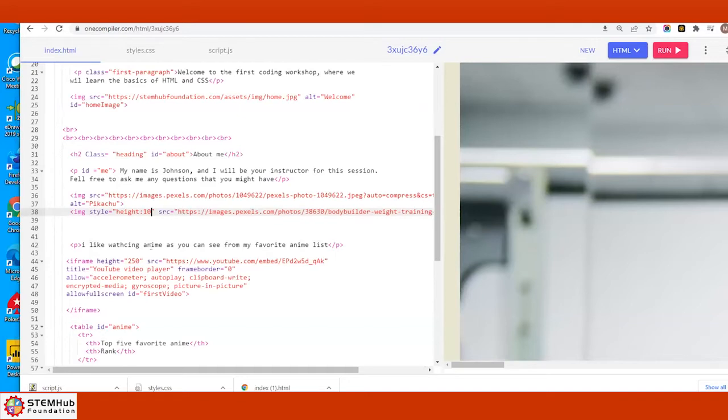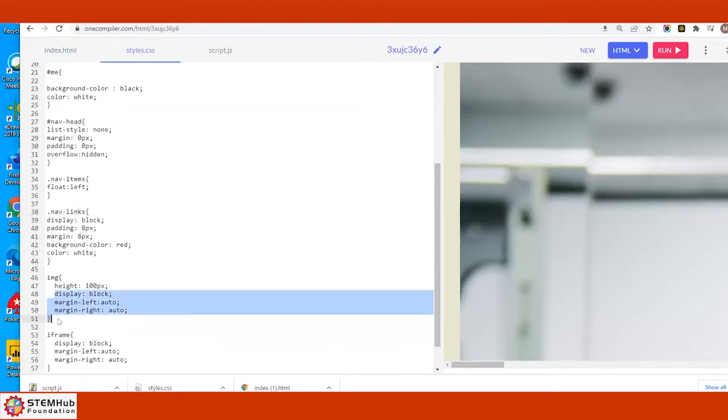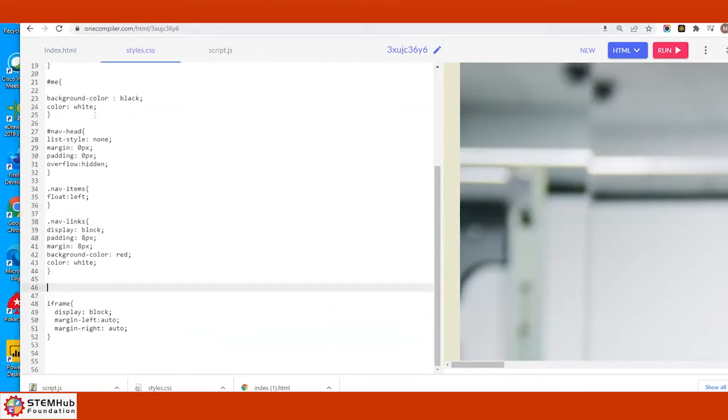And one little thing here. Let me just do one thing here. Image, go here, and it's supposed to go. Let me take the style CSS out. Let me just take this out for a quick second here. Cut. And let's see if this works here.